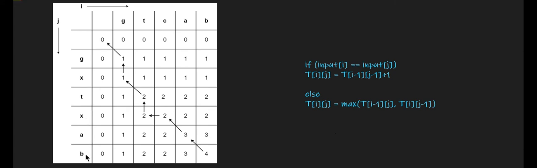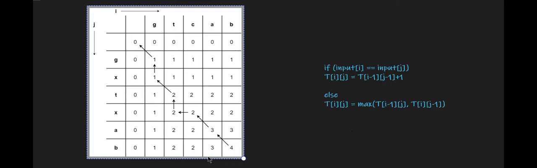So how do we find the actual longest common subsequence between these two strings? For that we have to traverse from the bottom right corner of this matrix to the top left corner of this matrix. Let's see how we find the longest common subsequence. So now we consider the last entry of this matrix, that is 4. Where did this 4 come from? We check the respective column and the respective row character of 4, both are equal, B and B. So using this logic, we know that this 4 has come from the upper left diagonal element, that is 3.